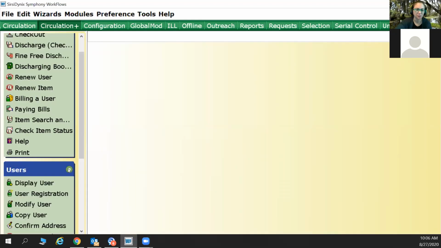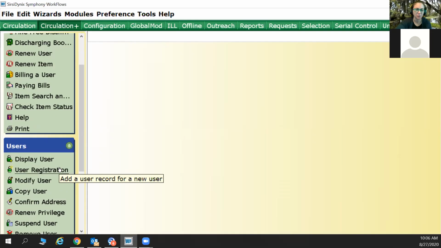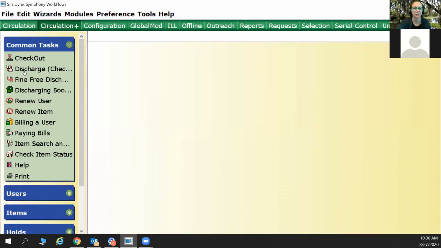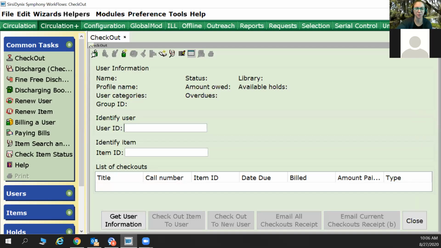most everything we covered yesterday was in the users group. Today, most things will be in the common tasks group. The first wizard I'll cover is the checkout wizard. And this one you'll notice has a different group of helpers than the display user wizard did. But on this one, you can see,